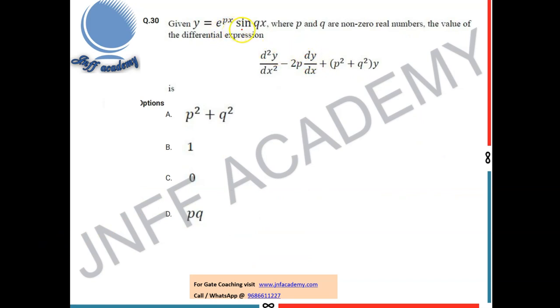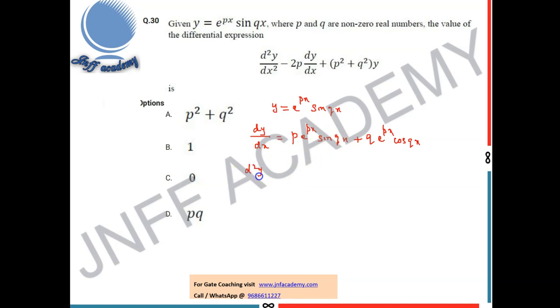Given y is a function of x, where p and q are non-zero real numbers, the value of the differential expression. You should find out this differential expression value. So you need up to d square y by dx square. So y is given, that is y is equal to e power px sine qx. So first you should differentiate with respect to x. You can get dy by dx, that is equal to, here you should use the product rule, p e power px sine qx plus q e power px cos qx,